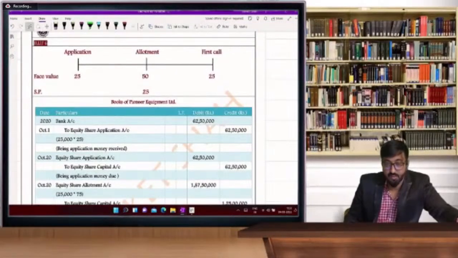Why are you asking such questions, beta? Don't think negatively. Beta, CA has a great future in life. Actually, we have n number of fields after becoming a CA, might be taxation, might be accounting. Now at least I'm teaching you only because I have a degree of chartered accountancy. So always you will get your bread and butter. Don't worry.